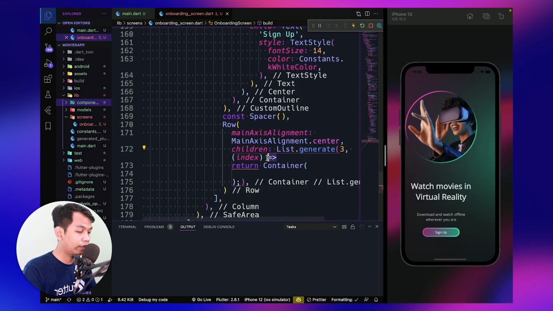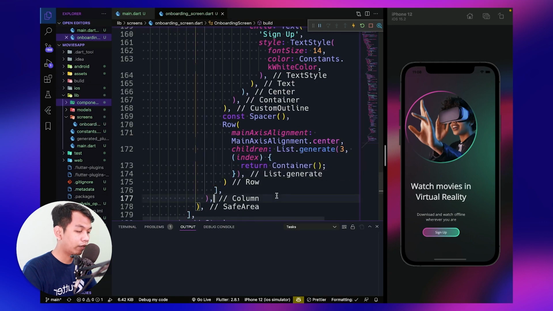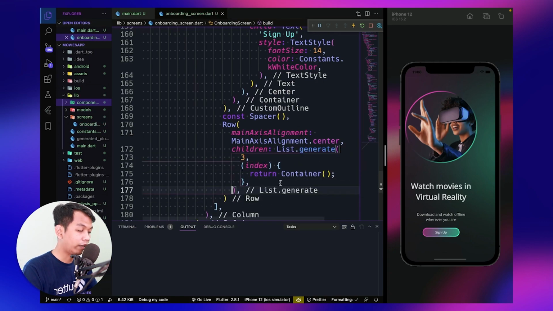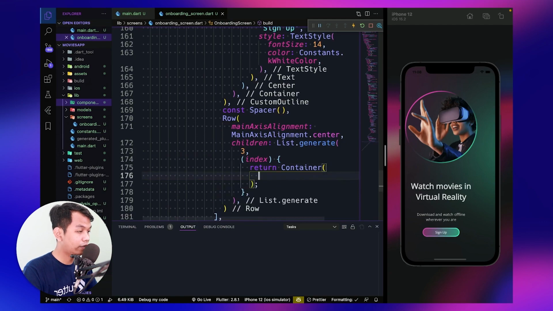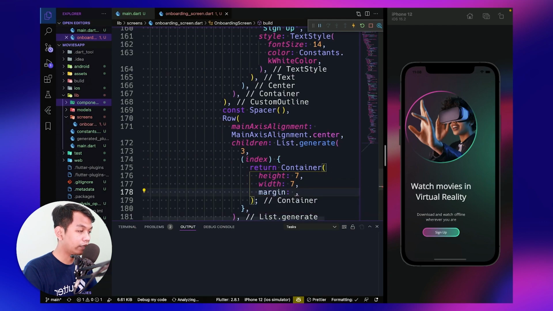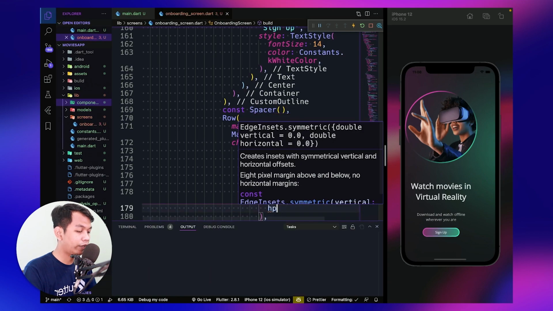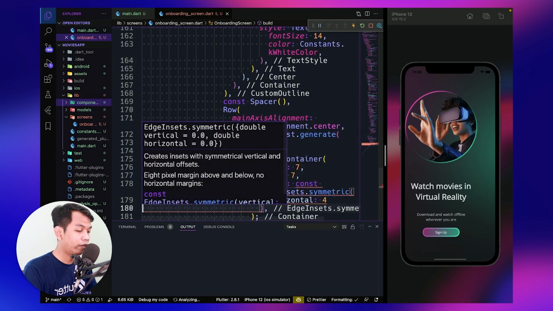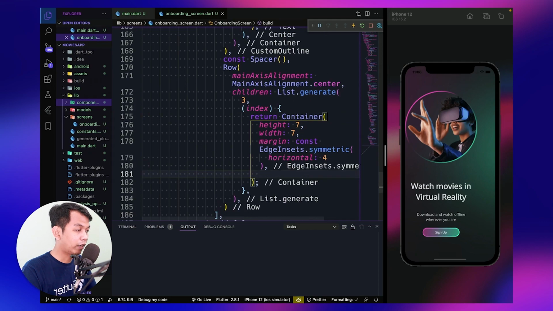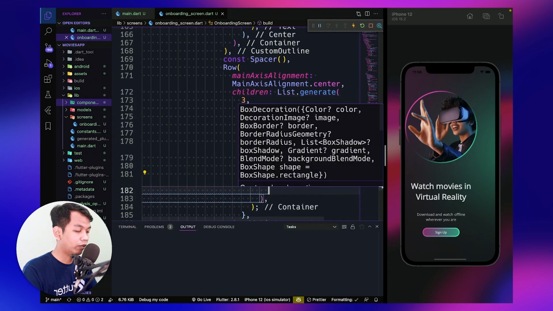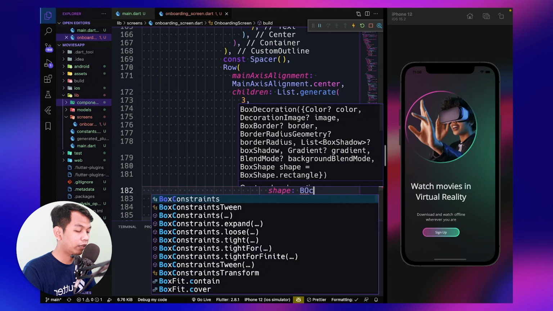So we need this and this. Okay, give a comma here. And inside this container, the height is 7, the width is 7, and the margin is symmetric. The horizontal value will be 4. And the next is a decoration because we want to set the shape to be circle.